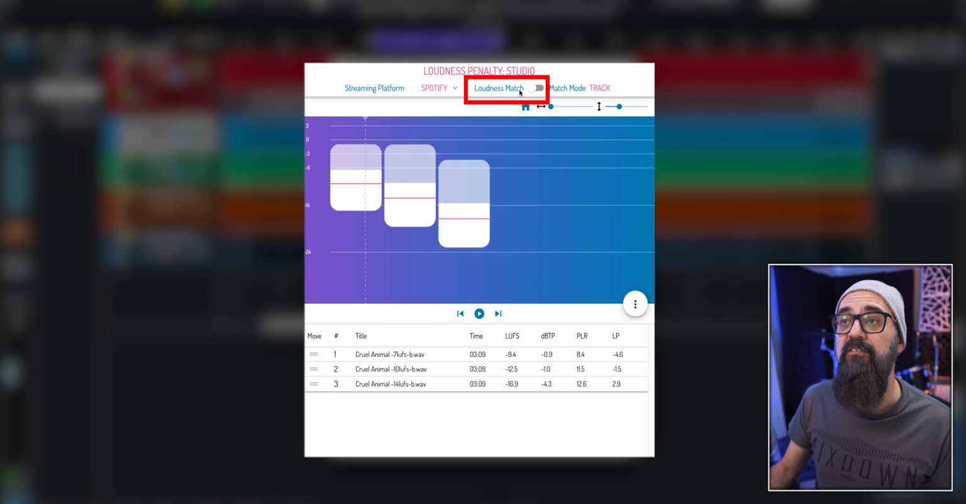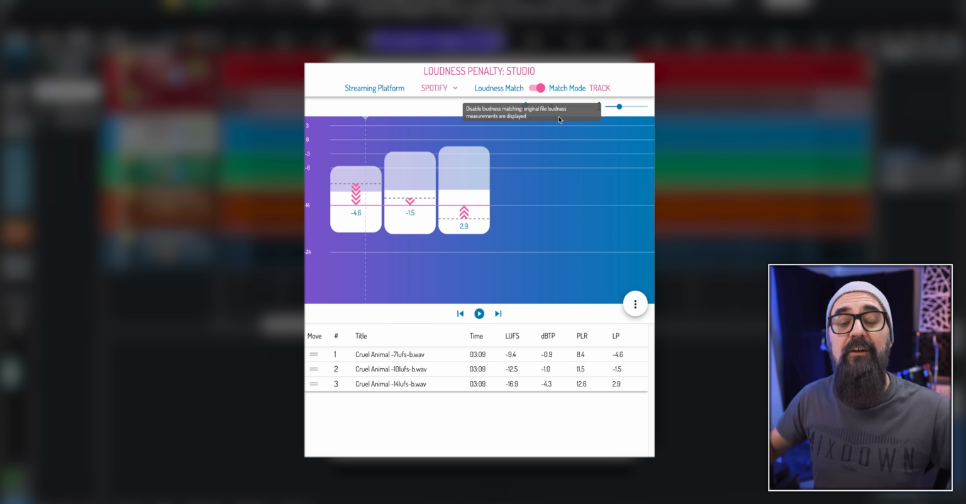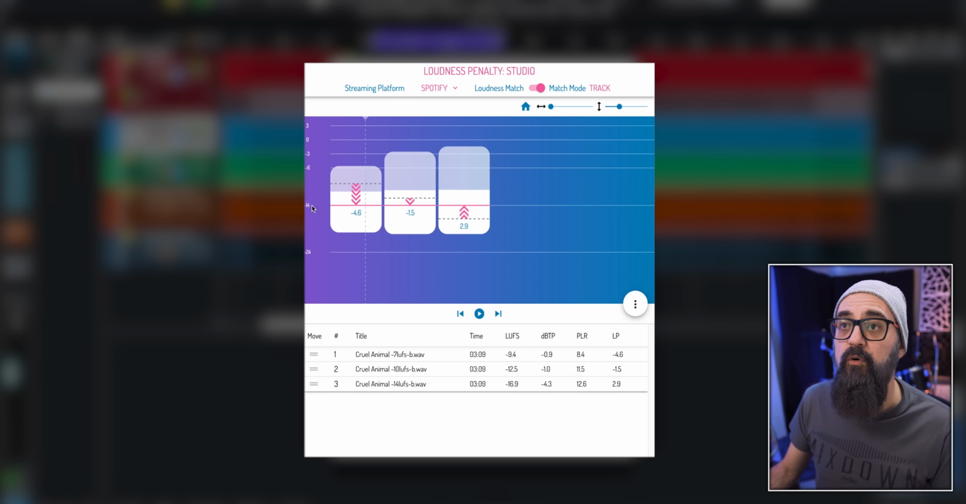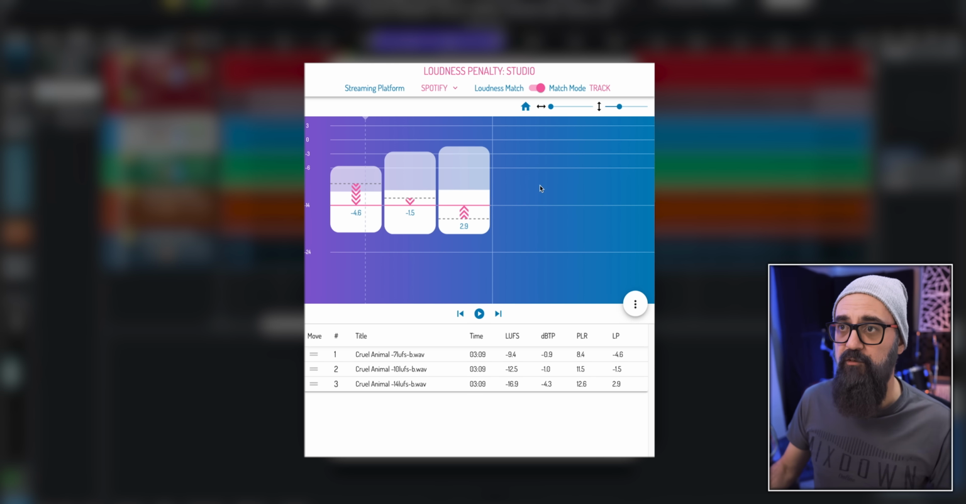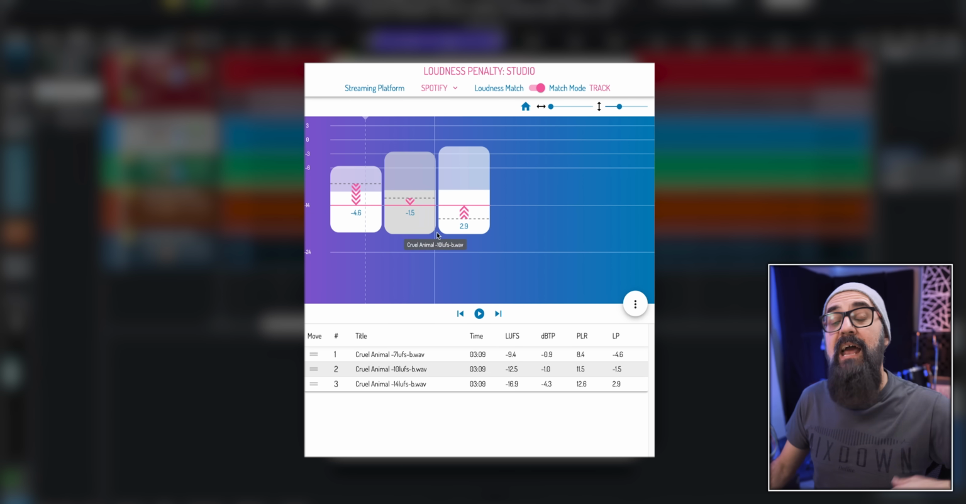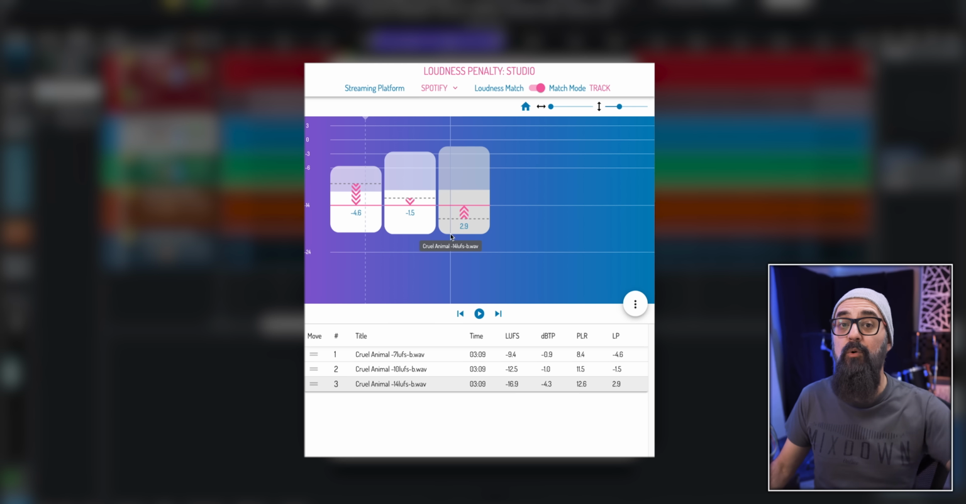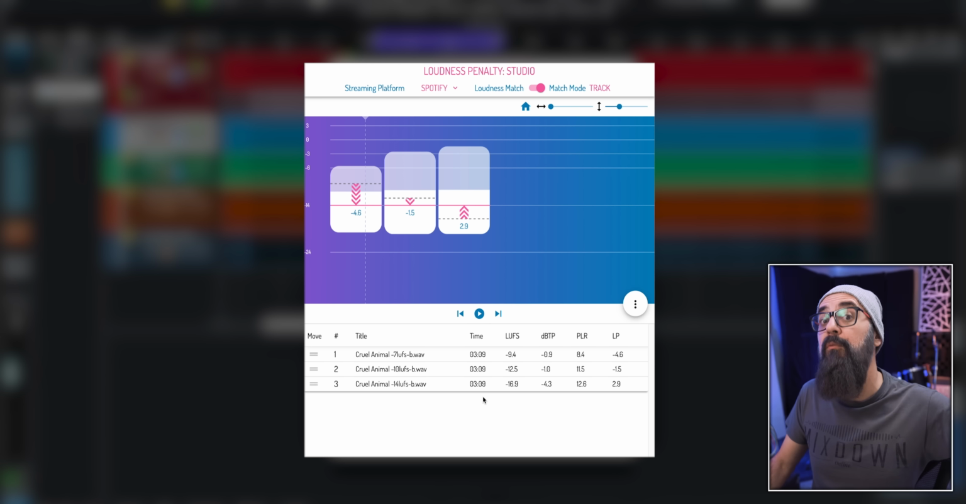If I click on Loudness Match, this is going to apply exactly what streaming services are going to do by default on their platform. They're going to loudness match all songs at the same level, which is minus 14 LUFS for Spotify. That can vary from one platform to another. But in the case of Spotify, minus 14 LUFS is the level they're going to bring everything down to, or everything up to if your master was quieter,